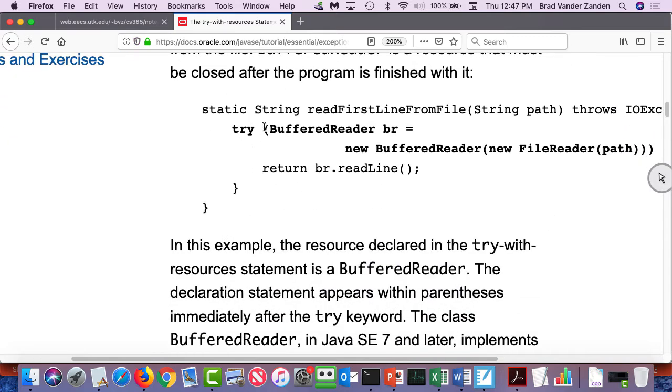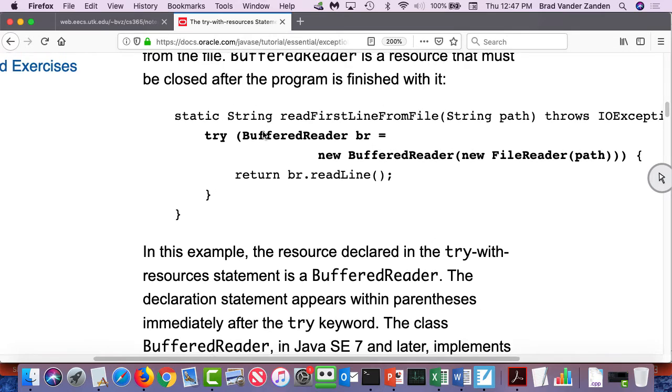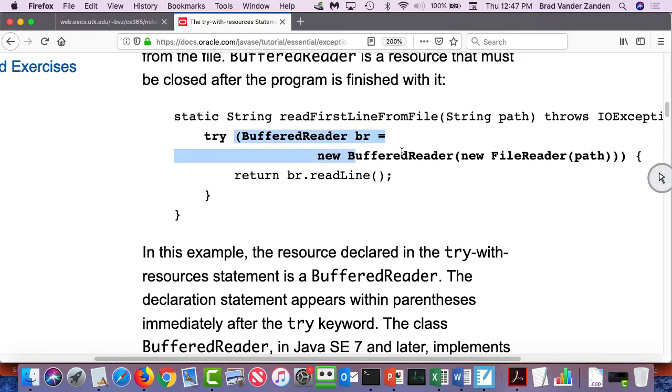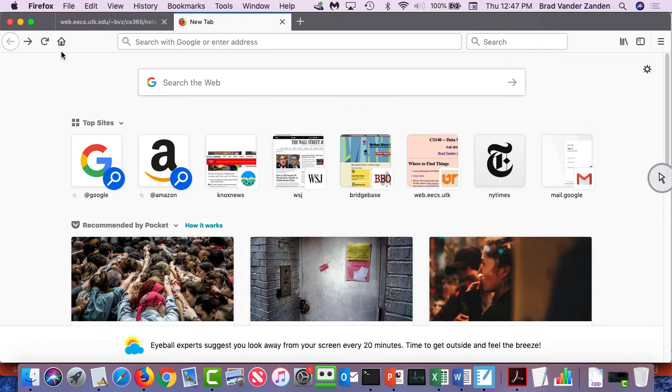If you do a try statement and before you have the curly braces, you have in parentheses some allocation of resources, those will be automatically closed for you no matter what. So that's called a try with resources statement. So that will automatically close it. But otherwise, the only way to close it is with a finally statement, because